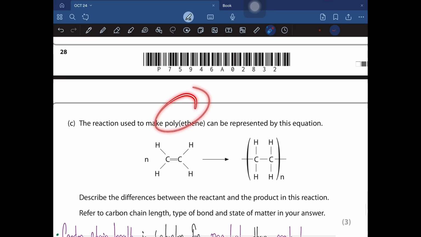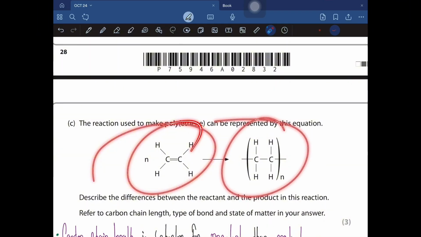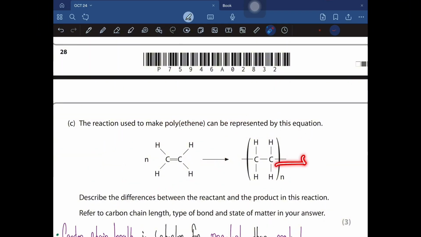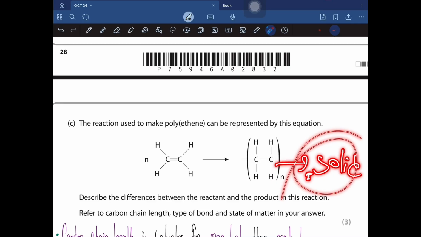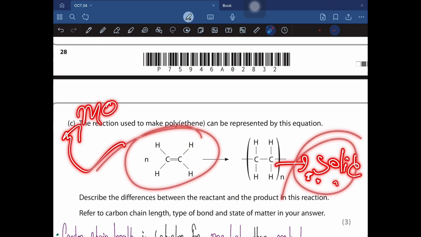The reaction to make polyethylene, I mean those polyethylene bags, could be represented by this equation. Describe the differences between the reactants and the products in this reaction. First of all, this is the monomer and this is the polymer. The polyethylene is a solid. The product is a solid, whereas the reactant, the monomer, is simple, so it is a